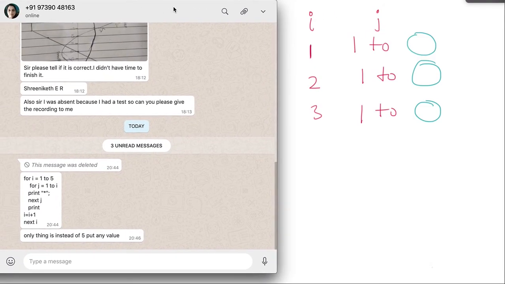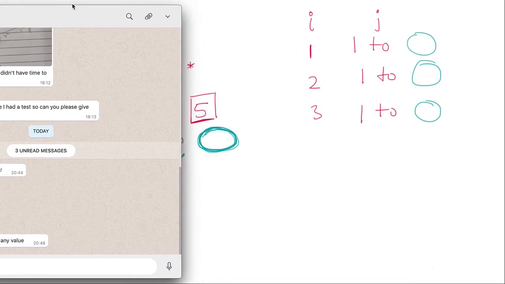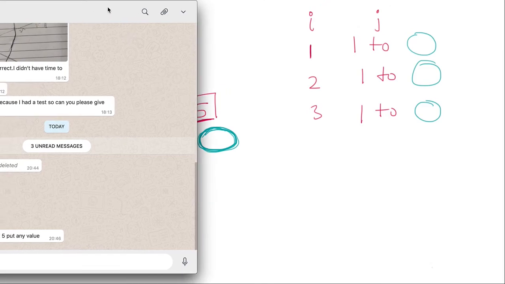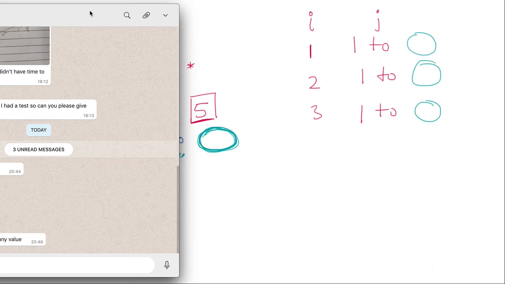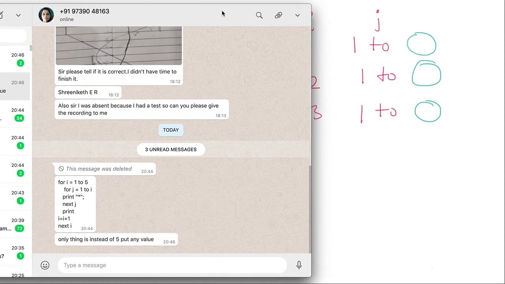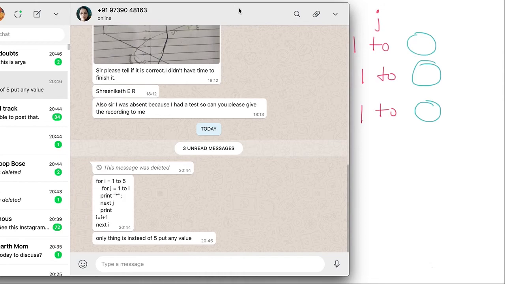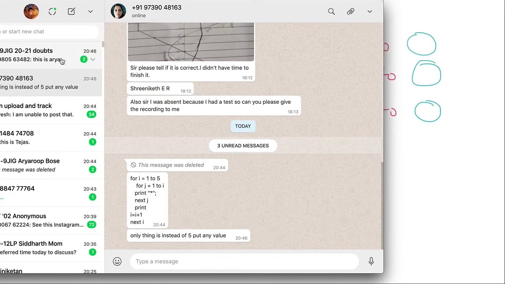Sir, I sent it. I is equal to i plus 1. What? Send me on private. But anyways, my whole screen is getting shared, no? No use.